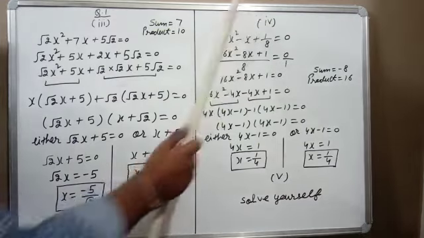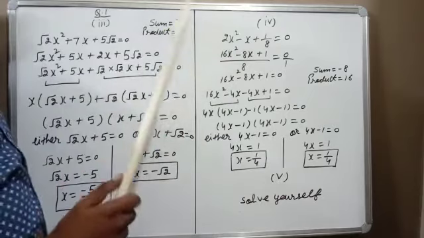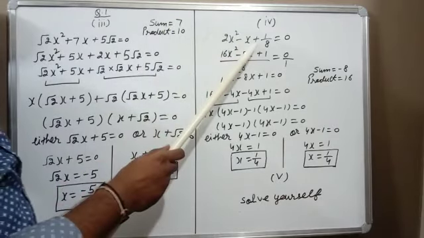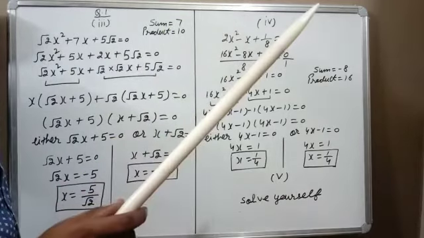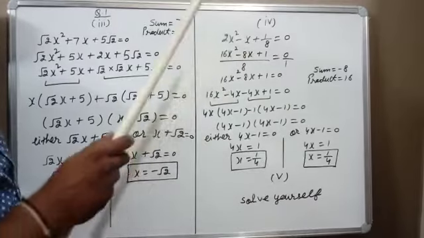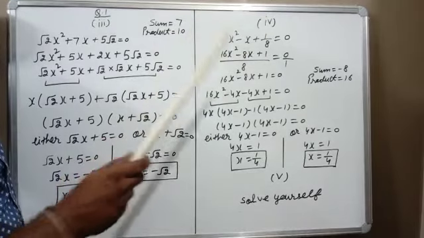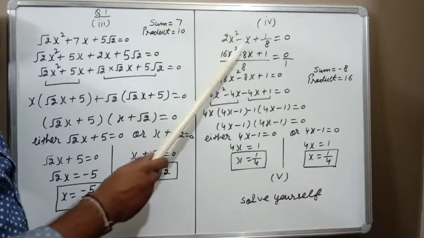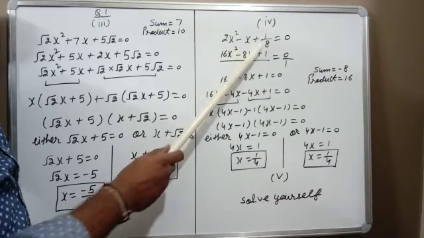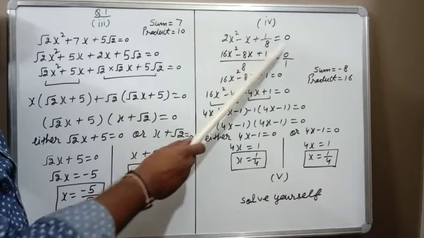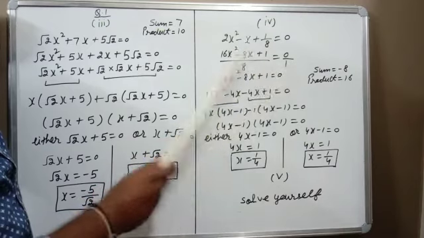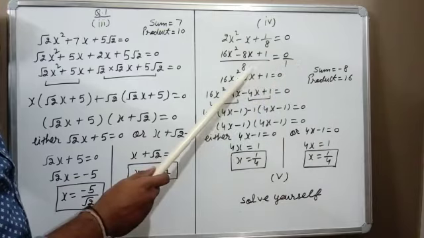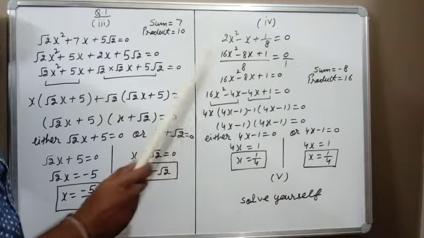In the same way, the fourth part. In the third chapter I told you that if the question is in fractions, then take the LCM and remove the fraction. This step is the same in quadratic equations also. Here the value is in fractions, so take the LCM. 8 is the LCM, single value directly multiply, 16x square. This will become minus 8x. 8 divide 8, 1, 1 into 1, 1, 0 you can write 0.1. Now cross multiply. So 0 multiplied by 8 is 0, this value will remain as it is.